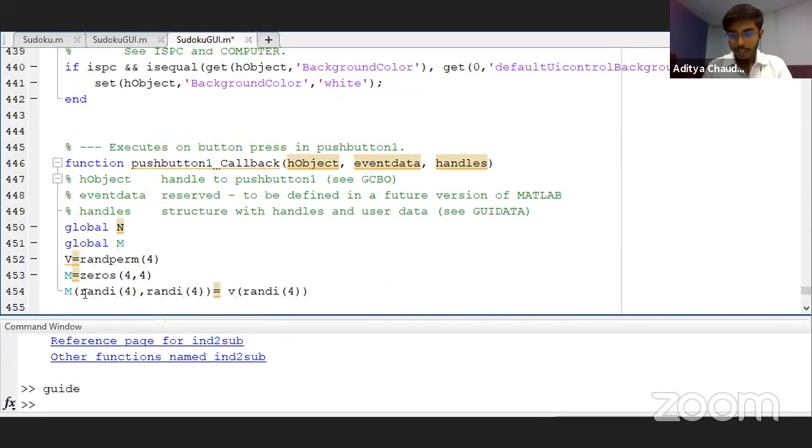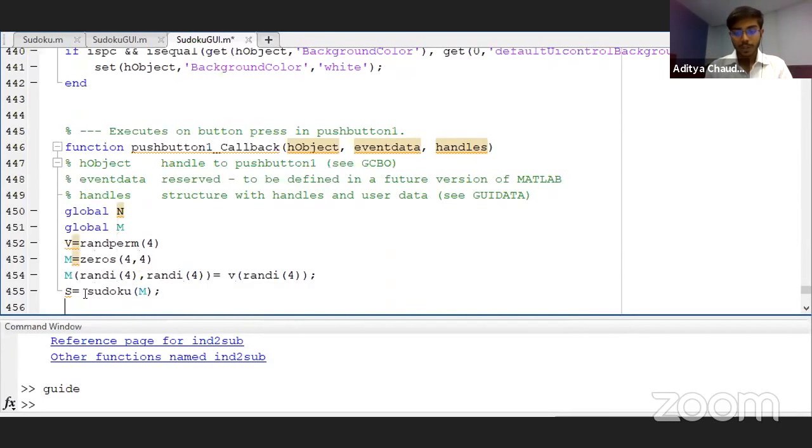So this is done, and we'll be calling the Sudoku function again. It's small s, so you need to be careful while writing the function name. We'll be using this function which we have just created to generate the matrix as well. So to check as well, we'll be using it to generate.